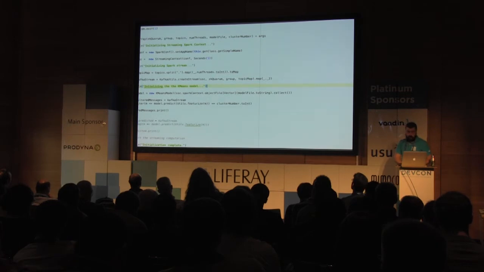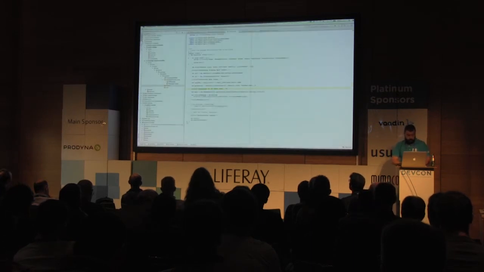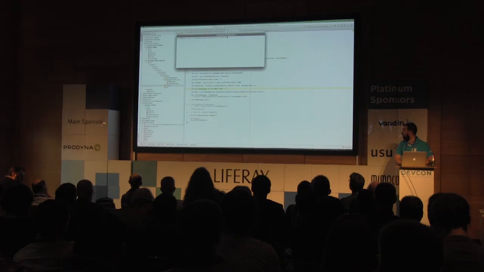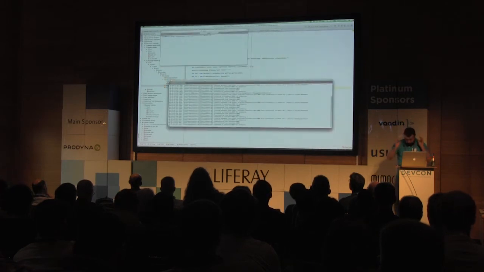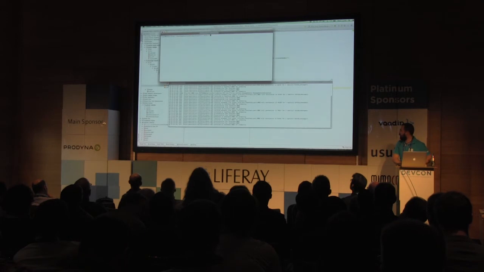I don't know if I have time, 5 minutes, so I think I can show you. Let's suppose I have only one cluster node of Spark, for demoing.